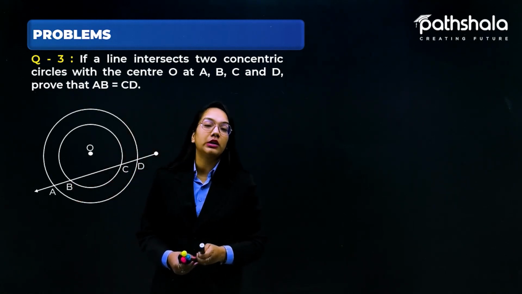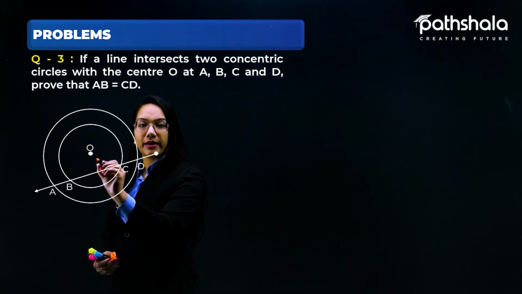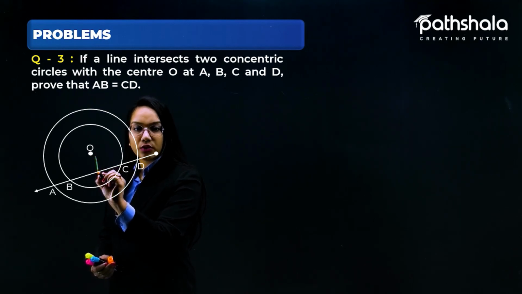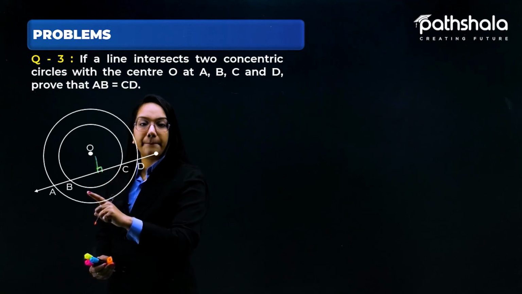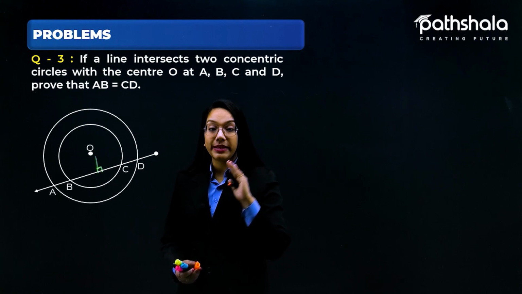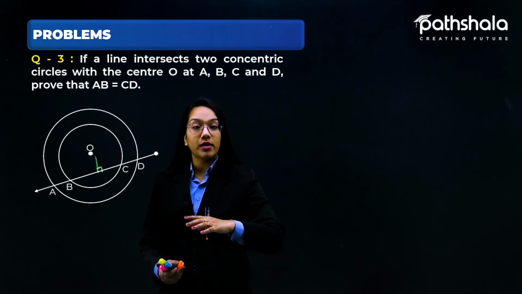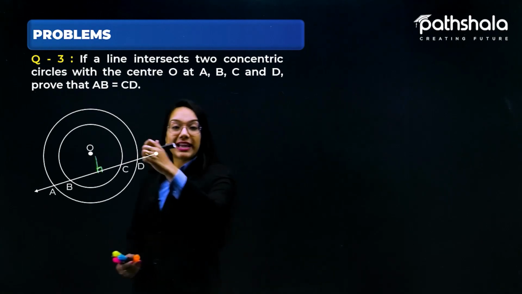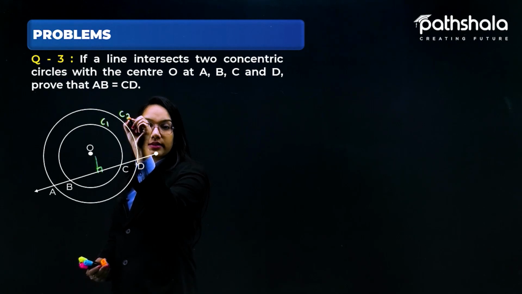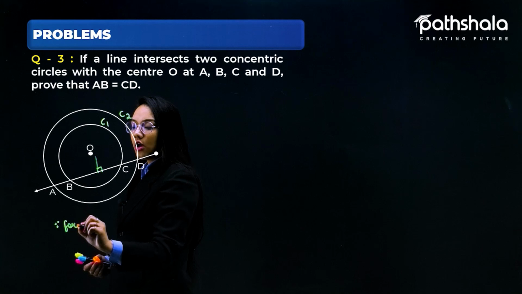But first of all, I'll do a little bit of construction over here. I'm just drawing a perpendicular from this center O to these two chords, which are BC and AD. As you can see all by yourself, BC is a chord and AD is a chord to the circle, the inner one and the outer one. So if I'm taking this as circle C1, and this as circle C2, then for C1,